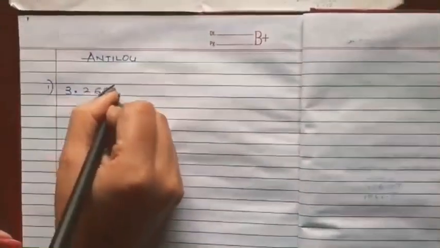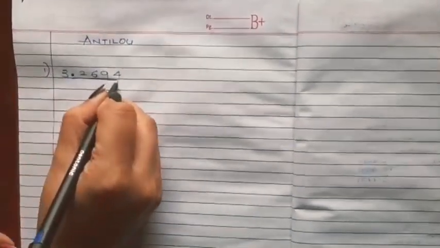So I told you that logs and anti-logs come hand in hand. Since we have already explained logs, now let us come to anti-logs. Now I take a number 3.2694. To find the anti-log, the first thing is we have to see the number after the decimal. You keep the characteristic for the later half. So first you need to see this number and find the antilog of this.